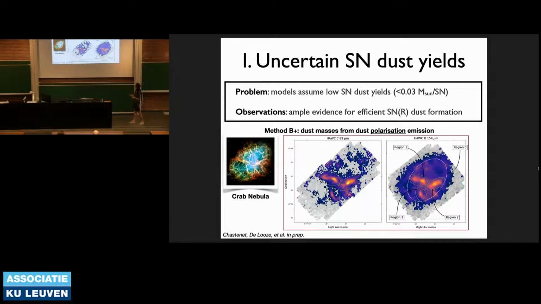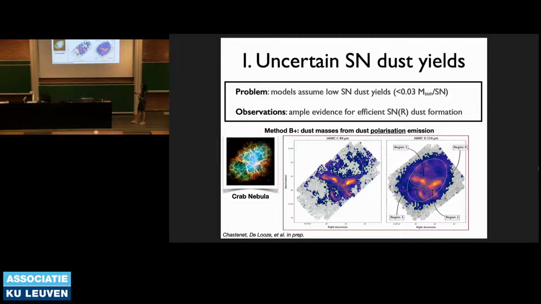So we've used SOFIA HAWK Plus. Unfortunately, we won't be able to use SOFIA in the future anymore because it will no longer be observing. So it's great to still get these final results from SOFIA. As you can see, it's still a big struggle to get a high enough signal to noise. So you see here the observations at around 90 and 150 micron, both of the Crab Nebula, but the pixels that are shown in color are the only ones that are detected at enough signal to noise. And this is just looking at the total intensity map.